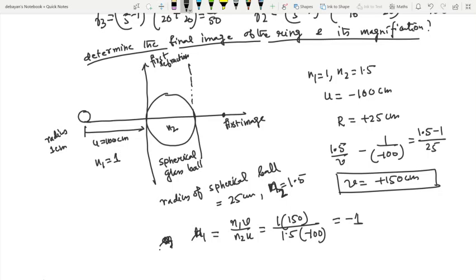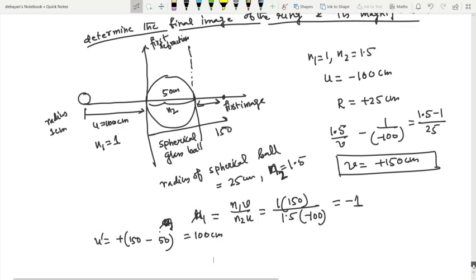We got 150 from here, and this is given as 50, so the object distance is 100 centimeter. Okay, so if you get 100 centimeter, then